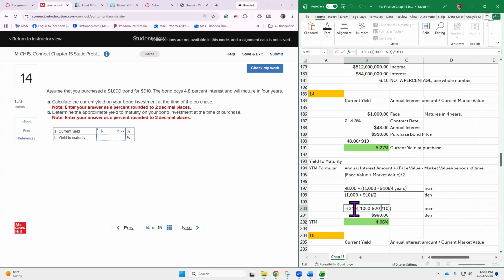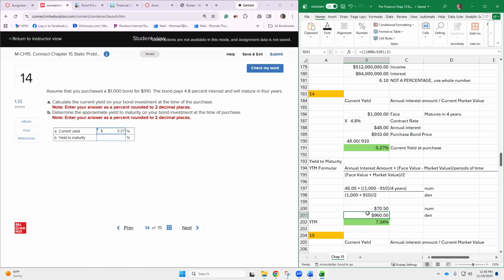So I'm going to put 48. And this is the actual calculation now. Then I'm going to take in the middle, this takes 3 sets of parentheses. Yep. 1,000 minus $910 divided by 4 years. And then we're going to add 48. Remember, you work everything in the parentheses first. So that's